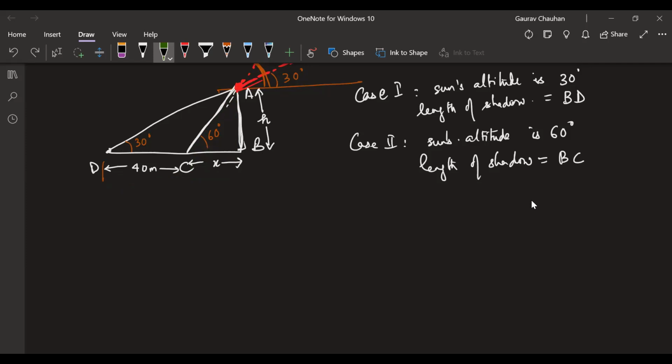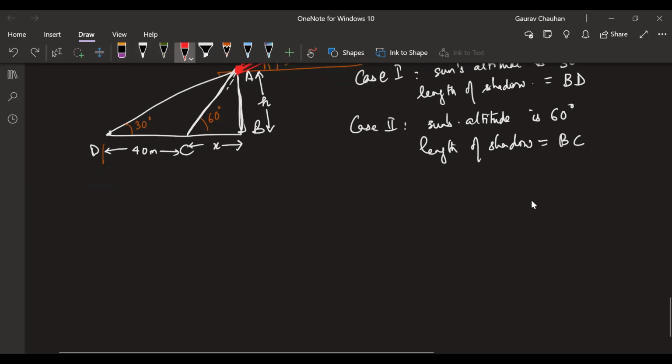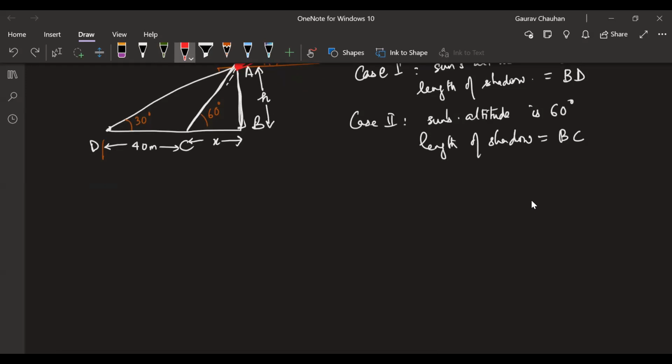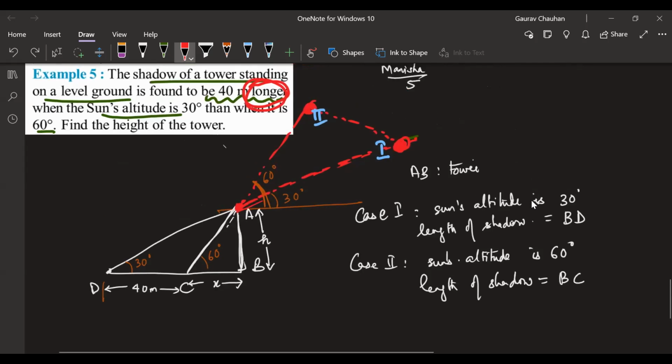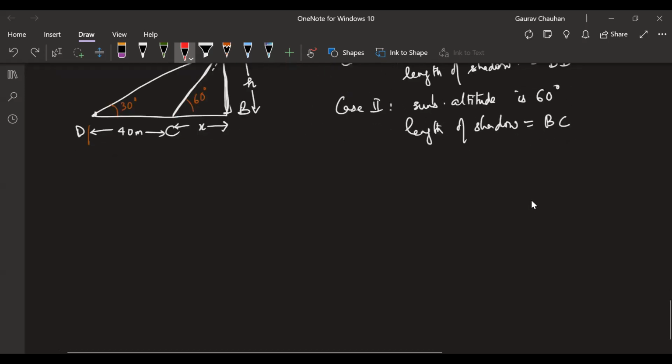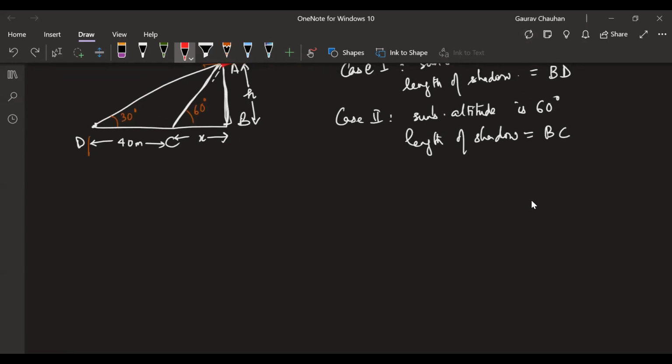Right now, in our whole diagram, forget about the sun. Just look at this much part of the diagram. Everything is here. Why? Because here we don't know any distance, so we are not going to bother ourselves with 150 million kilometers, and all that becomes irrelevant. Our shadow distance will help us get to the distance of the tower. Now in this particular situation, I have two right triangles, right? ABC and ABD.